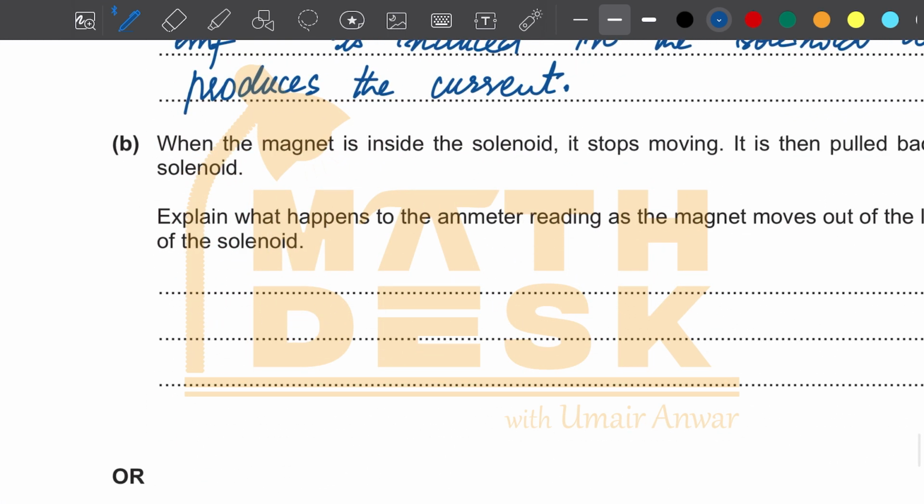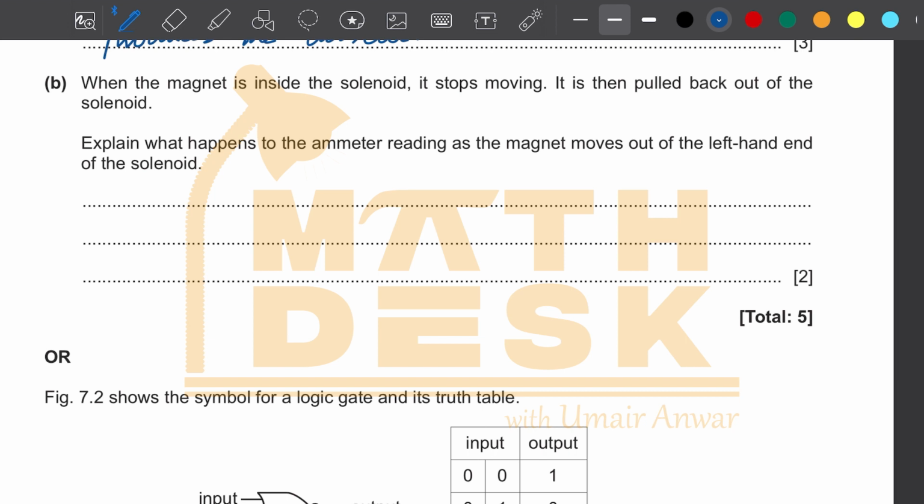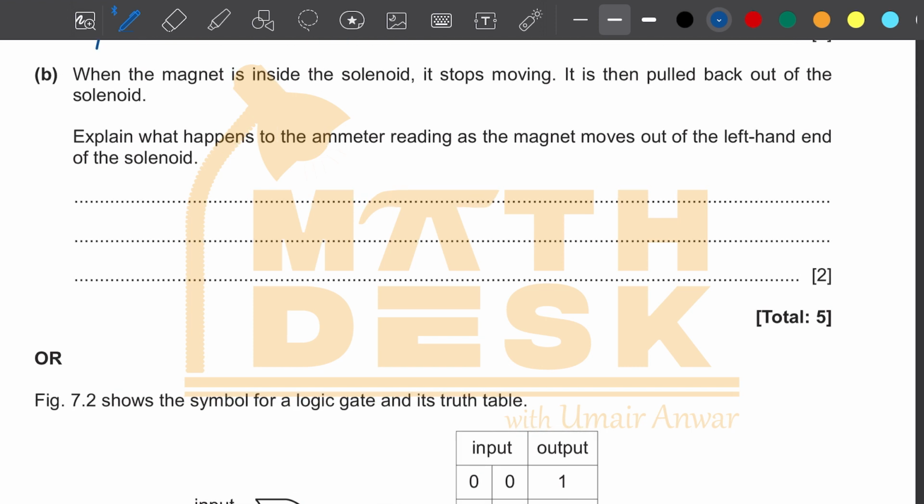The next part says when the magnet is inside the solenoid it stops moving. It is then pulled back out of the solenoid. Explain what happens to the ammeter reading as the magnet moves out of the left hand end of the solenoid. So we have negative reading of current,